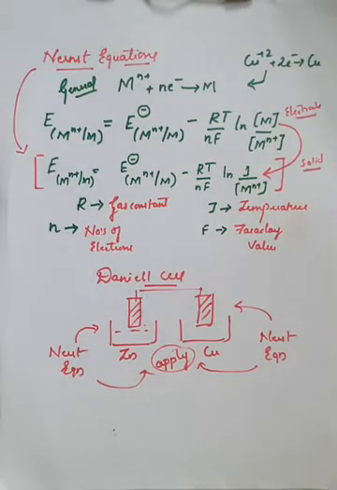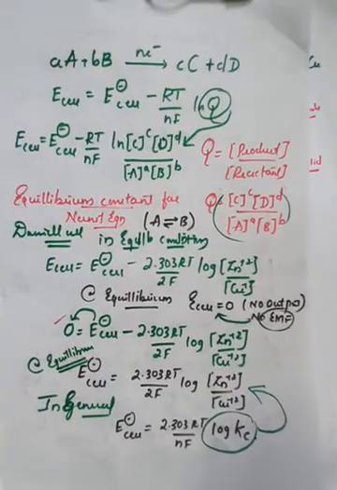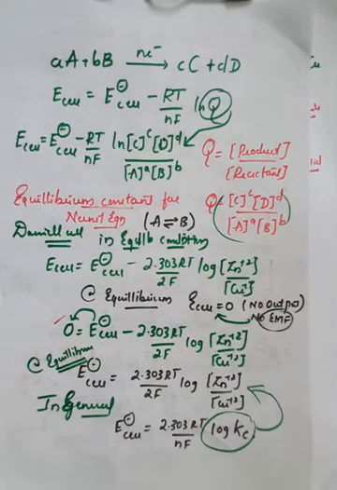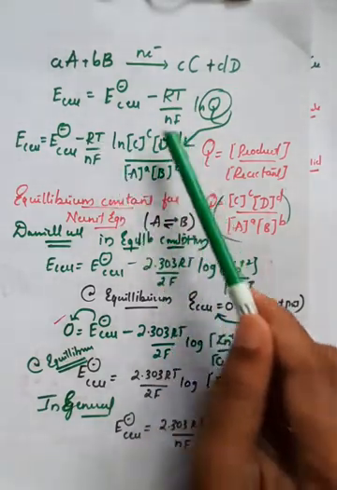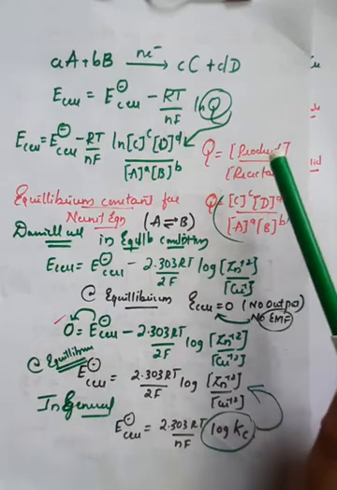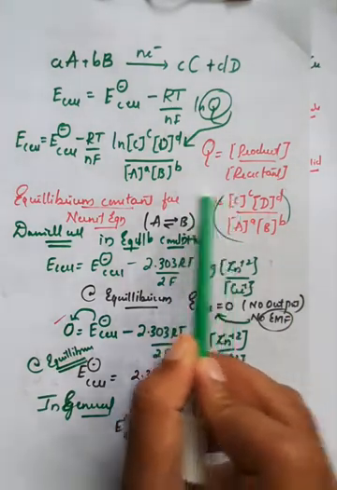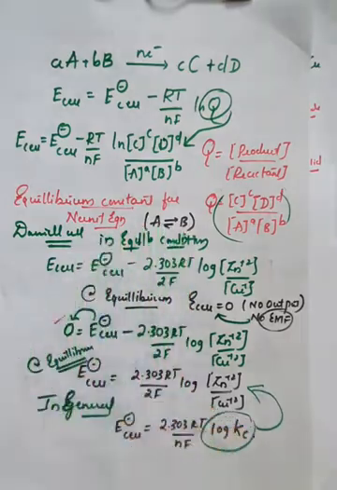Along with that, we have seen a few more concepts related to the general equation given with the help of the Nernst equation for the calculation of total EMF of the cell. Here the ln term has been taken as Q, that is, Q is equal to the concentration of product divided by the concentration of reactant. And we have also seen the equilibrium constant for the Nernst equation.